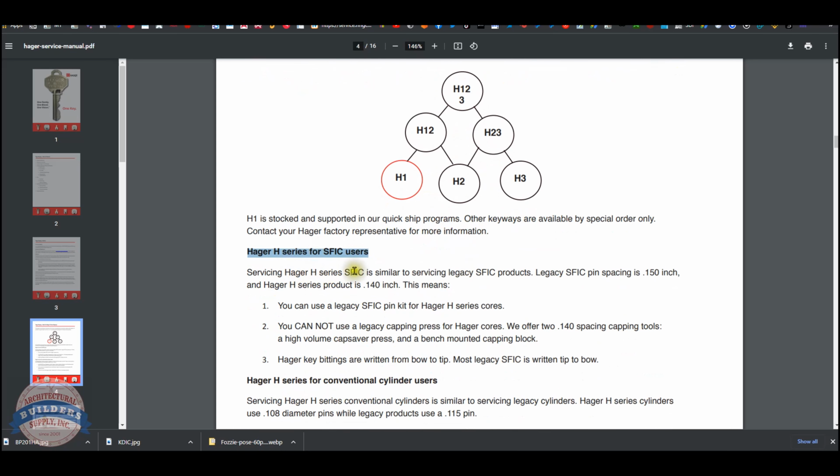Servicing Hager H series SFIC is similar to servicing legacy SFIC products. So when they use the term legacy, they mean Best. So legacy SFIC is 0.150. I'll show you more about that in a moment. Hager is 0.140. So again, what that means is